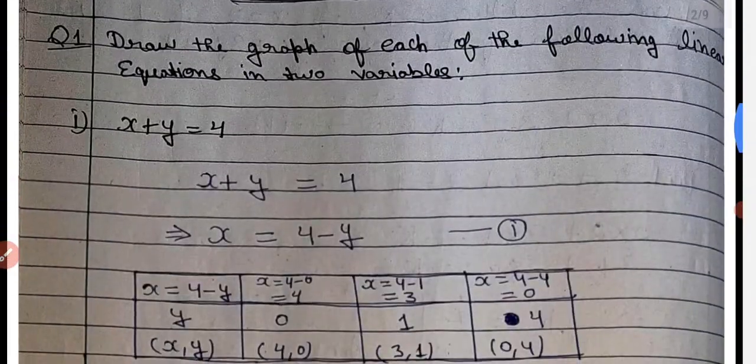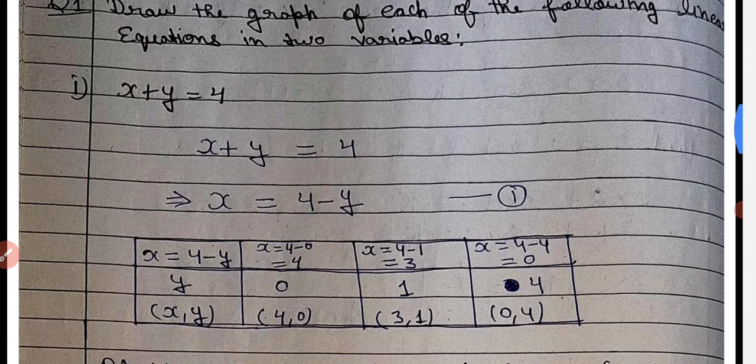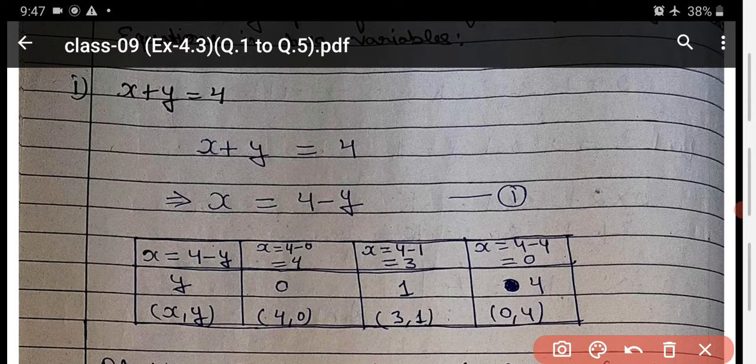Now just come here. You have to write x plus y is equal to 4. So first you have to make one variable alone. So write x here and y comes to this side and becomes minus. So the equation will become x is equal to 4 minus y. If you write an equation in one variable, by making one variable alone, then you can make a graph in a very easy way. Now just make a table.